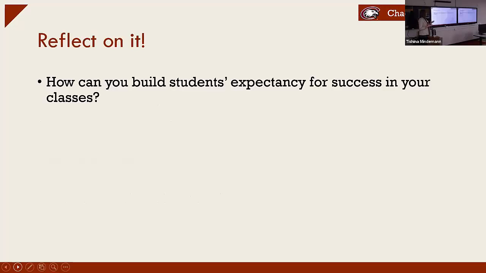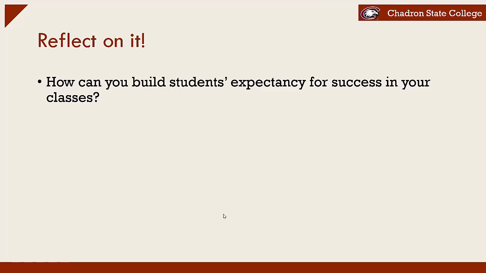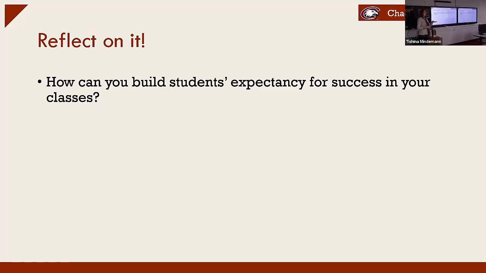So what I'm going to ask you guys to do is take a minute to reflect on your particular class context and think about how you can address students' expectancies for success in your classes. And this might be by addressing those 5 major factors that influence self-efficacy, or it might be by helping students have productive and accurate attributions as to why they're either doing well or not doing well. And I would love it if some of you on Zoom can put some answers in the chat that we can read out and get some ideas going.